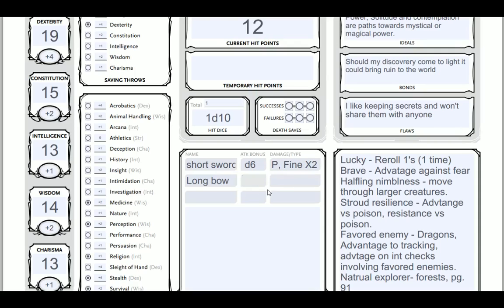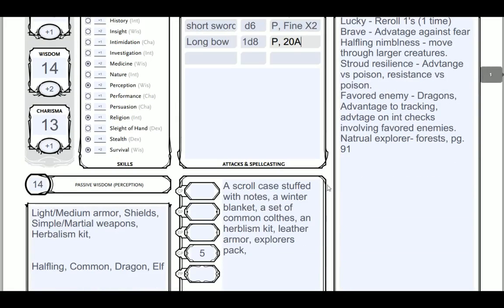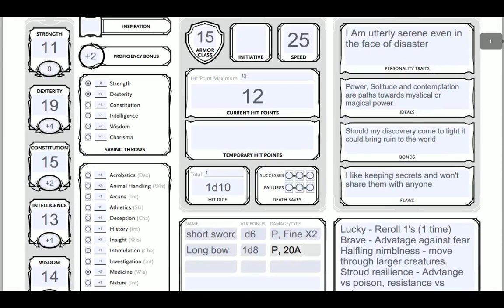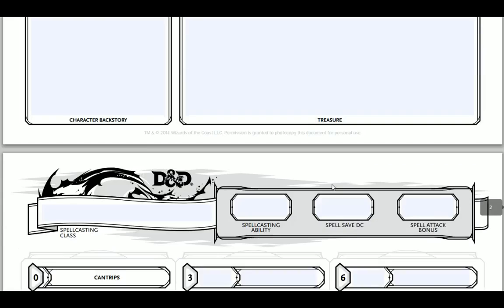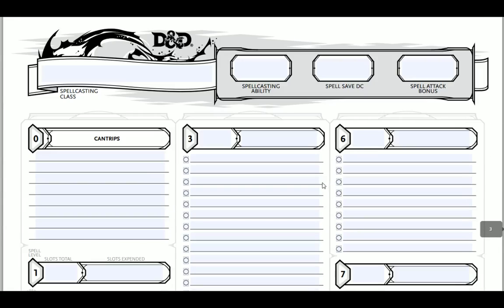Longbows are 1d8, also piercing, and 20 arrows, or 20 ammunition. Here are your death saves and failures if you don't know what those are. When you hit 0, instead of going to -10, you either fail or save dying. It's kind of self-explanatory. Now, as far as spellcasting goes, this is actually a pretty bad class to show how spellcasting works, because I don't get them that early, but